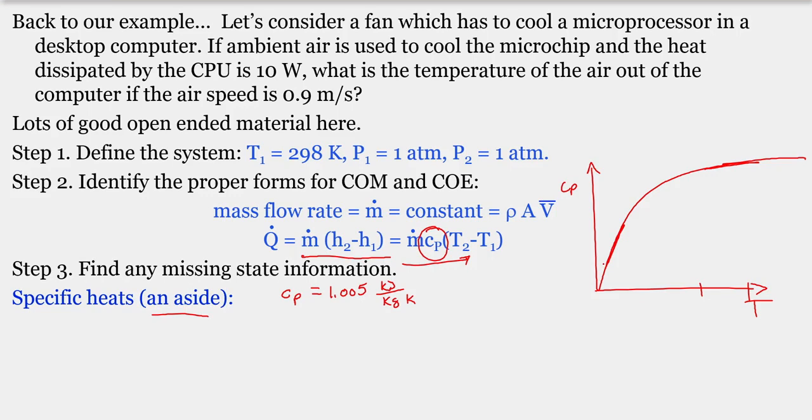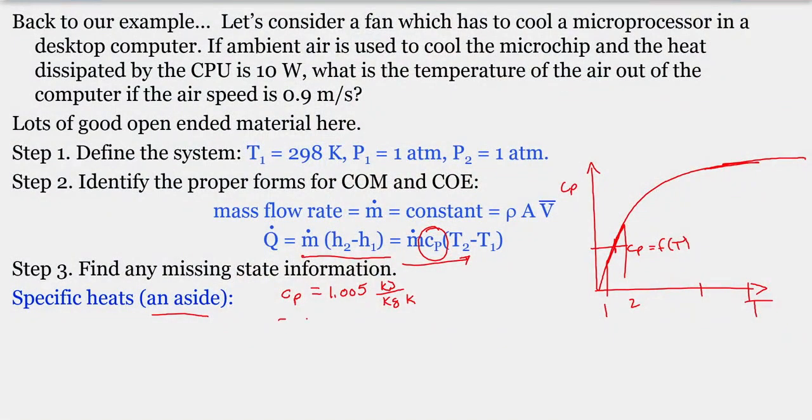You can either integrate that expression, so determine what the specific heat is as a function of temperature. And in this region, it's linear, so you just integrate the line. You integrate the expression of specific heat as a function of temperature. And the simplest method is to say, well, if this is my initial state, and this is my final state, just assume an arithmetic average somewhere between the 2 endpoints. So there are lots of ways we can make this approximation pretty legitimate, pretty close to being a constant